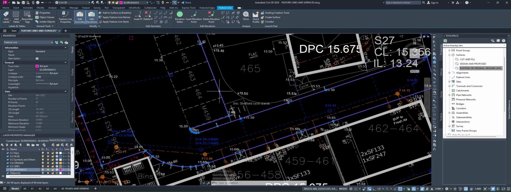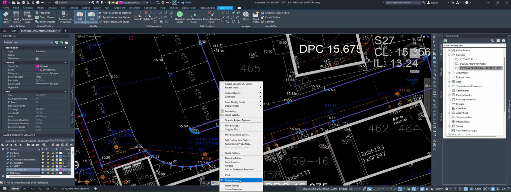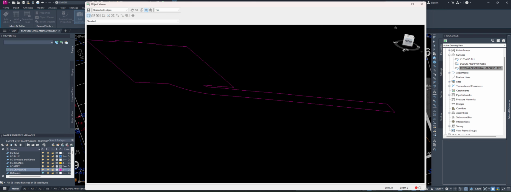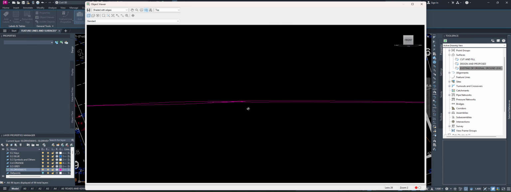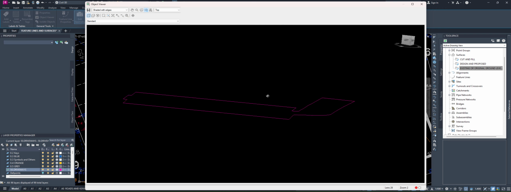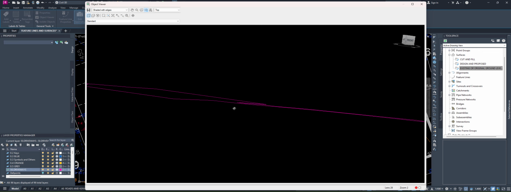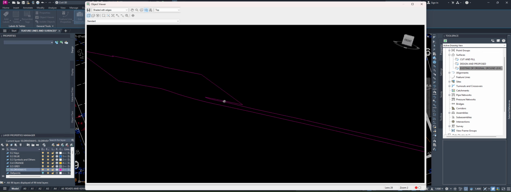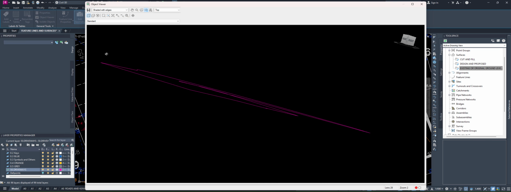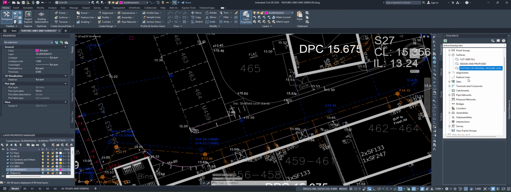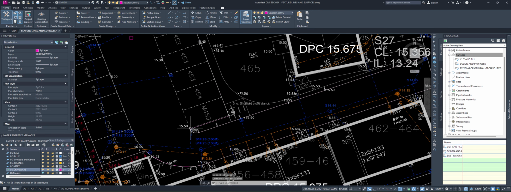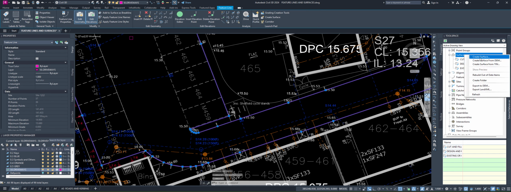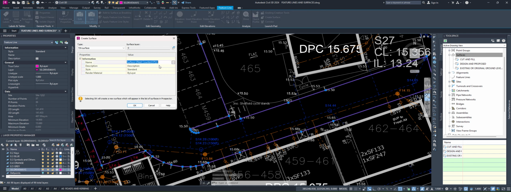Let's double check by selecting the model, then go to object viewer. Let's click front, and as you can see, we have exactly the same result. It's just that we created a feature line slightly different. Okay, so let's create another surface again. First I'm going to select my feature line, then I'm going to go to surface, create surface. I'm going to call this one driveways again,